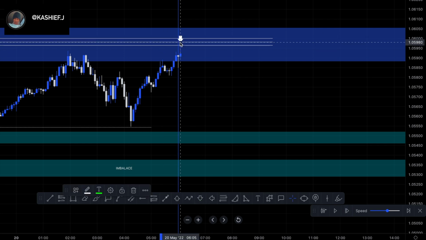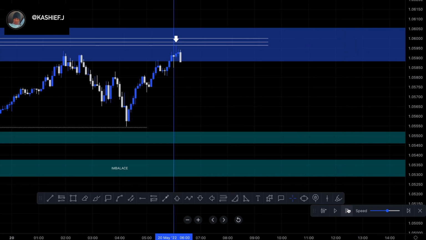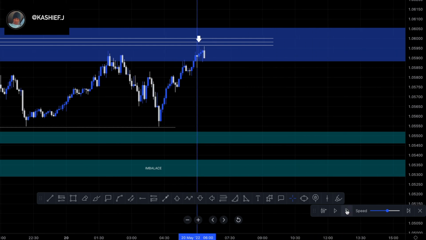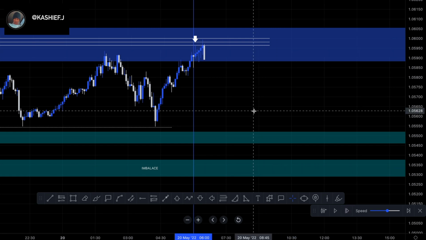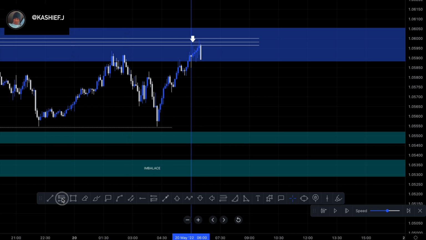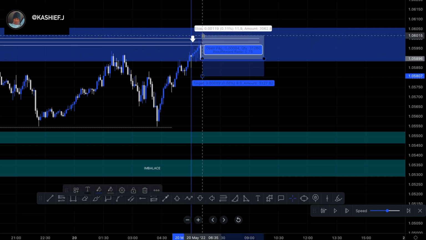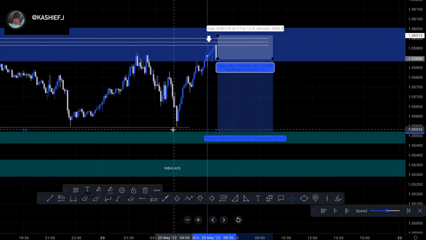That's when I moved down to my 5-minute to see if I could get a strong bearish close from this area. The market was still ranging, waiting for that strong bearish close from my zone, until I got that boom. That was the strong bearish close from my zone, and it's in line with the New York session. So New York session would have just opened and I got this. My stop was just above here and my target was right at this imbalance area right here, just below the